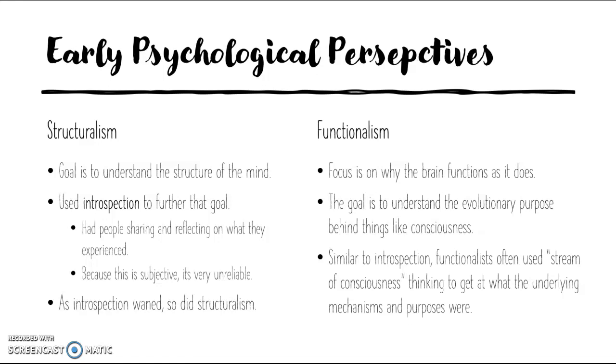By about the mid to late 1800s, psychology as a study really gets its start, however. The first modern psychological lab is created by Wilhelm Wundt, a German professor in Leipzig. He used it to study mental processes by measuring how long it took for people to press a button when they heard a sound and when they were consciously aware of having heard the sound. The difference is about 1/10 of a second.